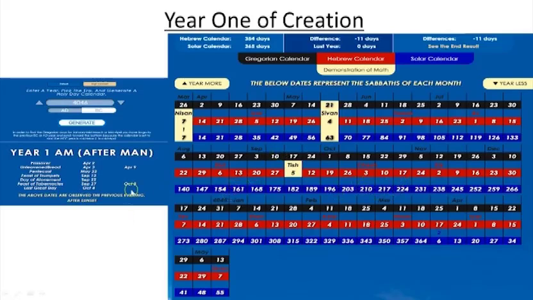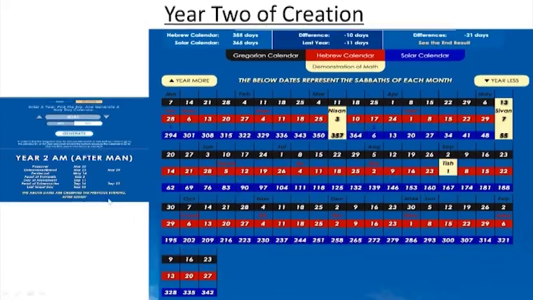Now, we'll go into the next slide, and we're going to see year 2 of the creation. And here we enter 4045 instead of 4046, and it's a BC year. We generate, and it produces a new calendar for us. Now, this calendar actually was joined from the first calendar. Remember, I told you that we had a lag, 11 days. We see that reflected in this particular, as we go in here, the 6th and the 17th day of the